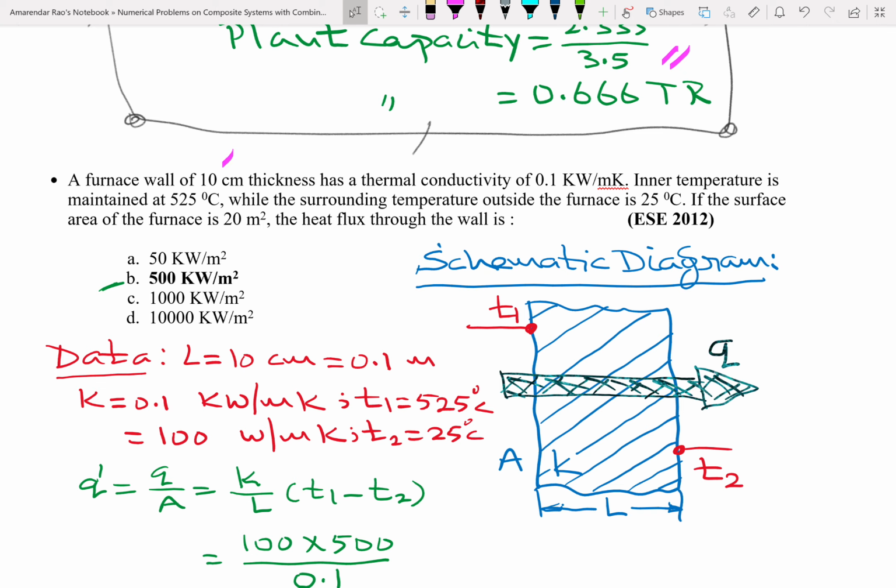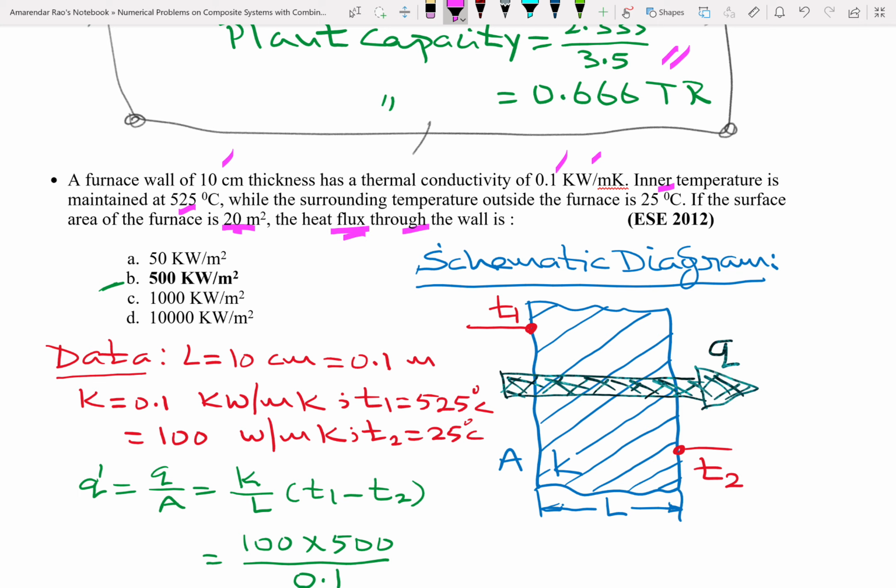A furnace wall of 10 centimeters thickness has K of 0.1 kilowatt per meter Kelvin. Inside temperature is 525, outside temperature is 25. Surface area 20 meters square. The heat flux through the wall is,